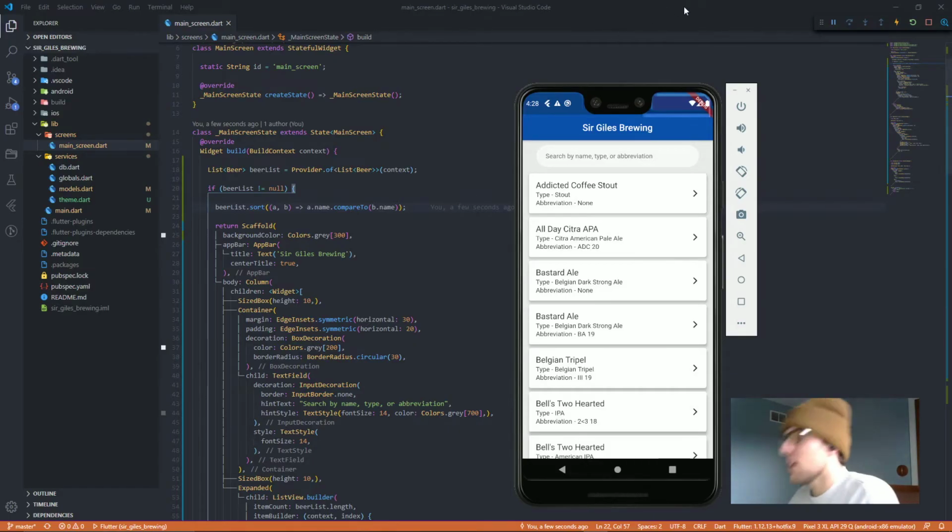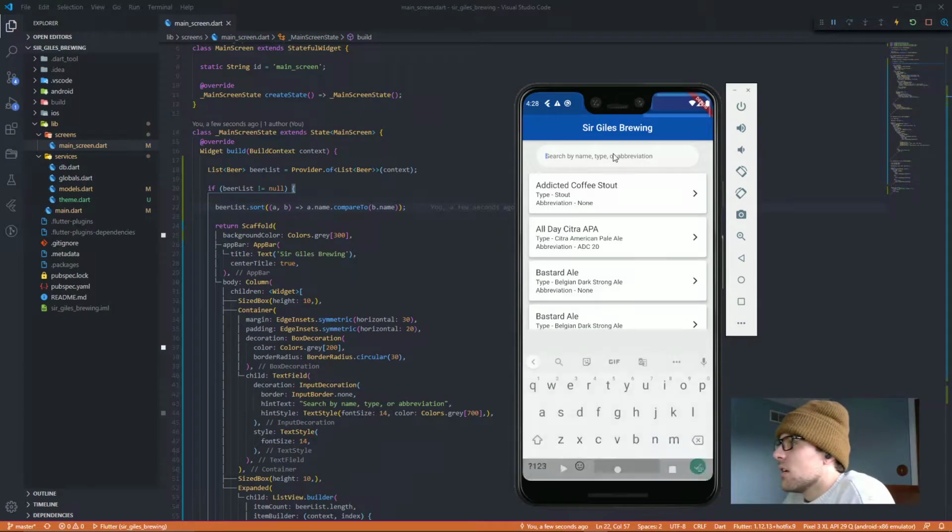And finally, I did a little sort algorithm. And we're going to sort alphabetically through the beer names. So it's alphabetical. I think that looks better than not sorted at all. But eventually I would like to sort by the create date of the beer. I think that's going to be the best way. So you have like the newest beers at the top.